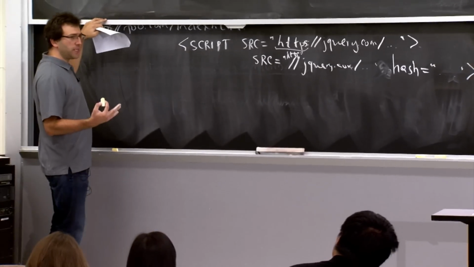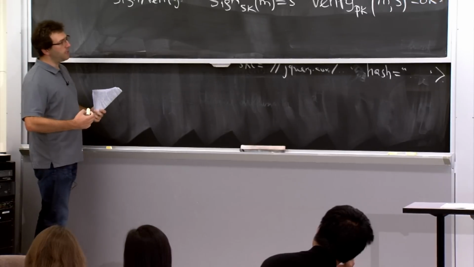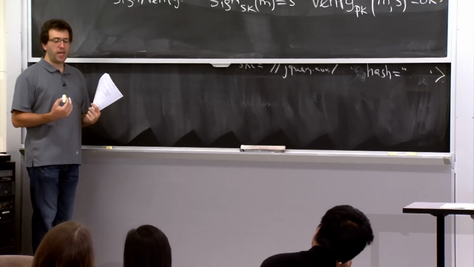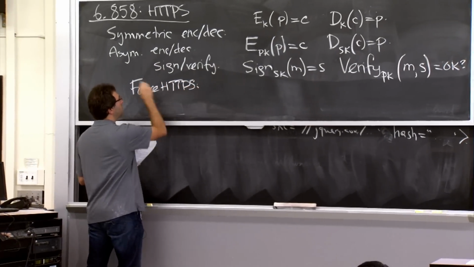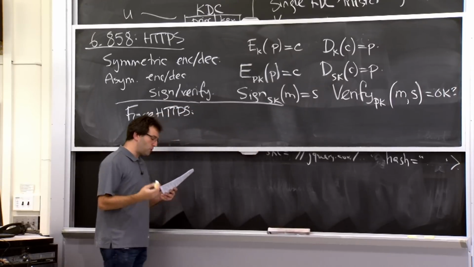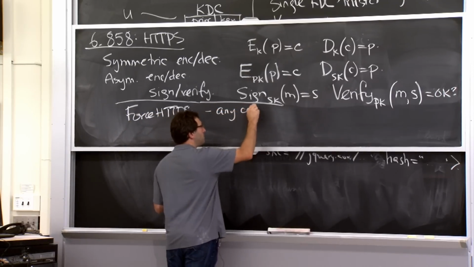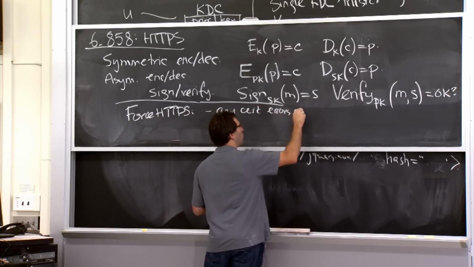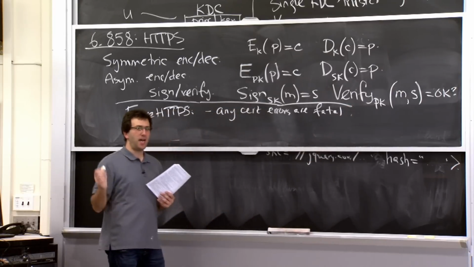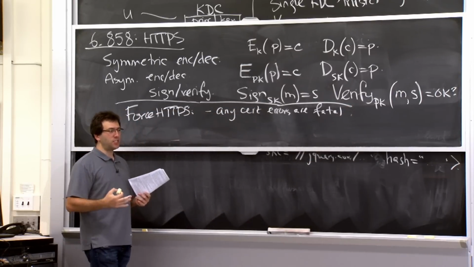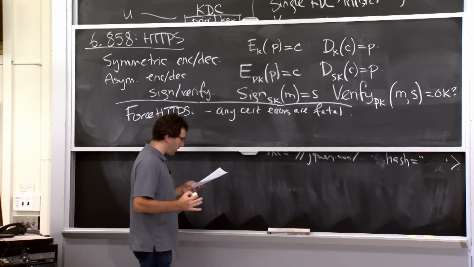Force HTTPS allows a website to set this bit for a particular host name, and the way that force HTTPS changes the behavior of the browser is threefold. If some website sets force HTTPS, then three things happen differently. Any certificate errors are always fatal, so the user doesn't have a chance of accepting an incorrect certificate that has a wrong host name or an expiration time that's passed, etc. So that's one thing that the browser now changes.